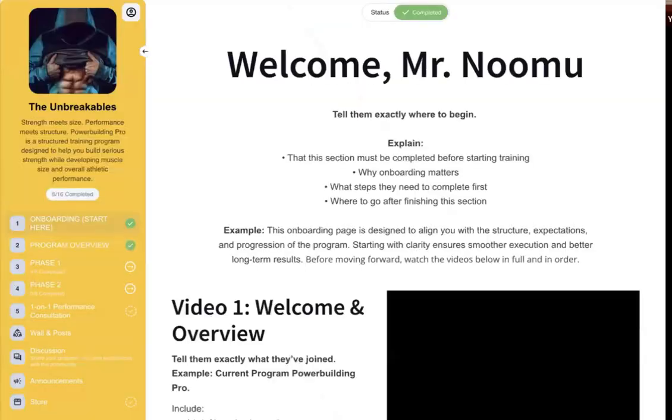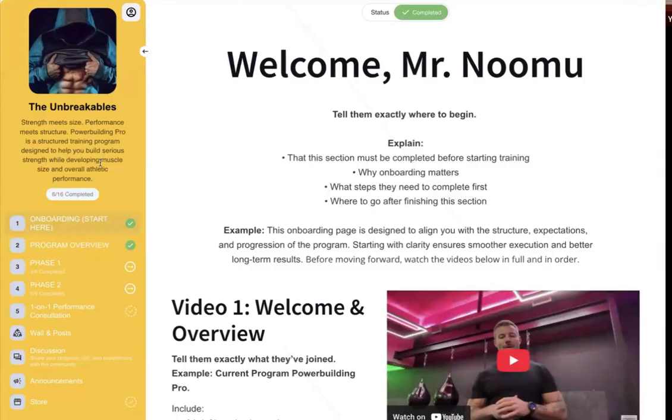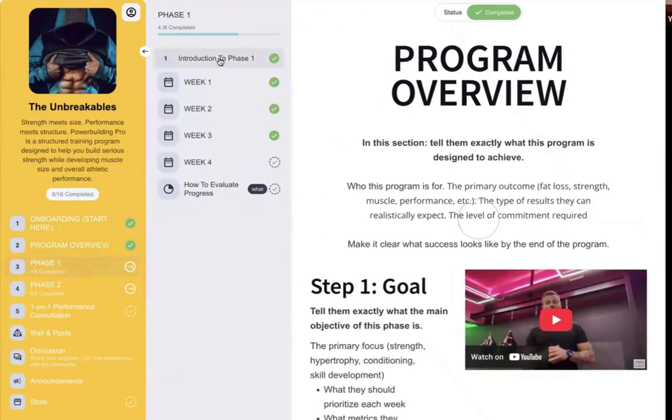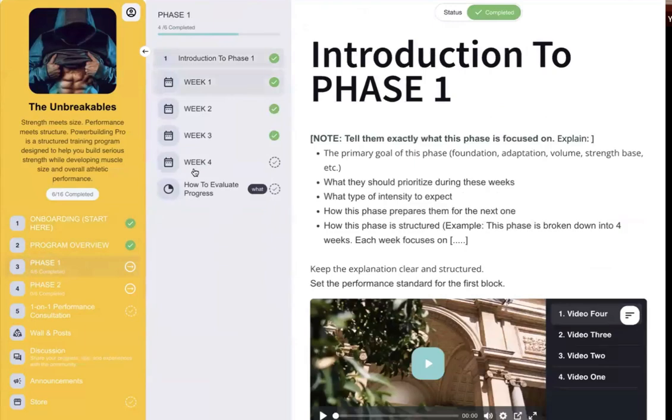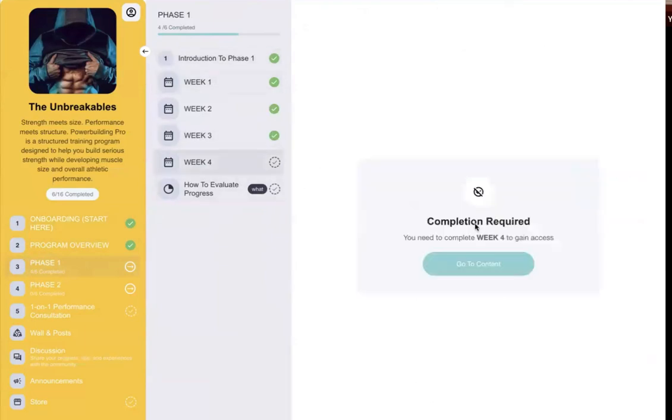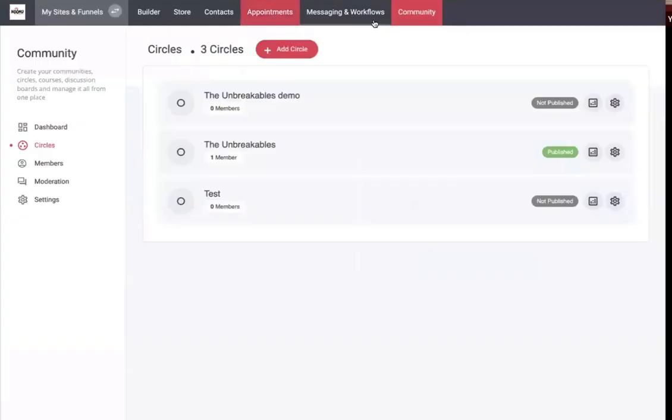Copy link directly as if we're logged in. So you can see here, they're not able to. Now, this is what I want to show you. So now, week 4, completion required. So they won't be able to do it unless they complete something. So this setup has something wrong with it right now because I made a mistake, and I'll show you